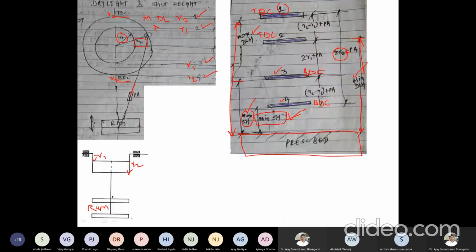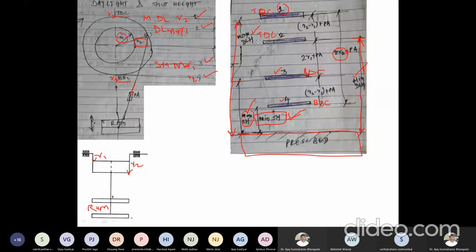So this will be the minimum daylight. I can write it as daylight minimum. This will be shut height maximum, SH maximum, and SH minimum.